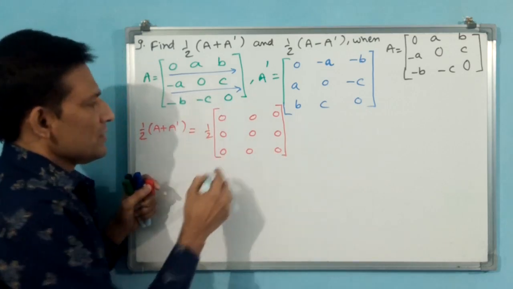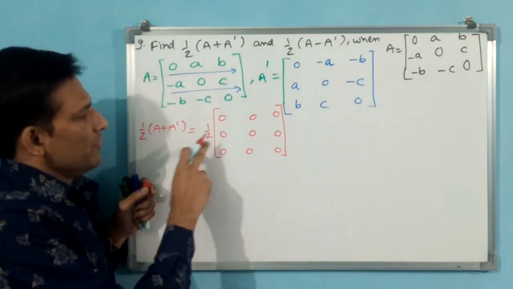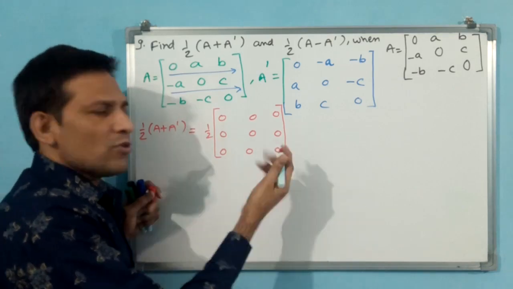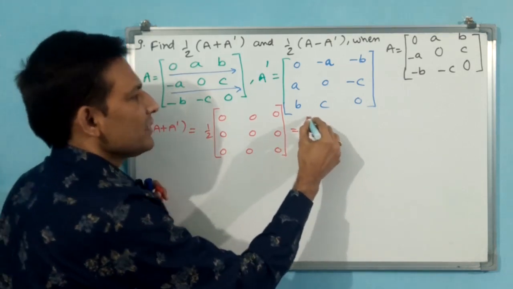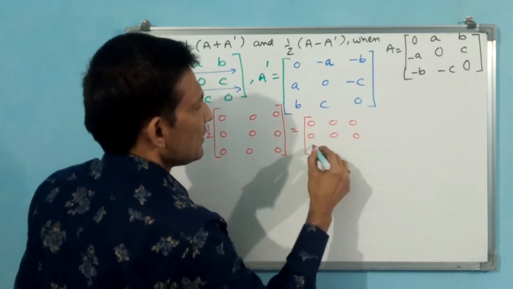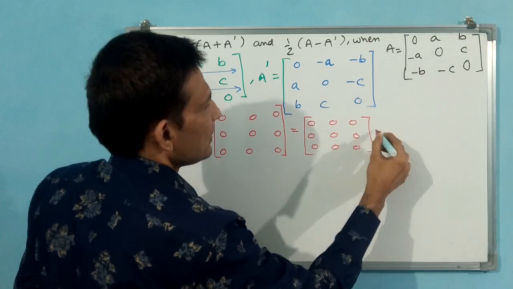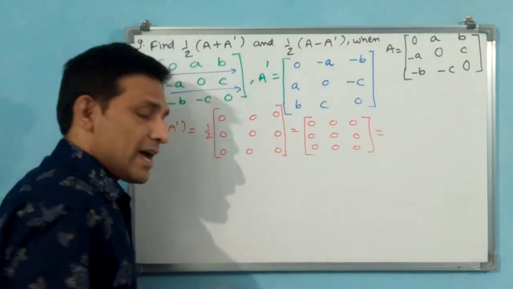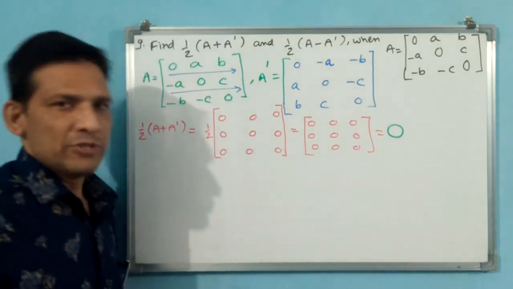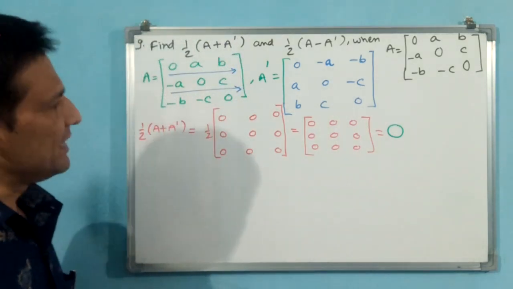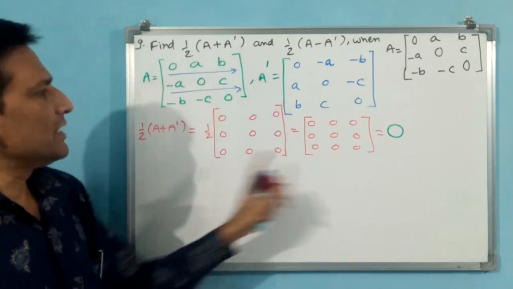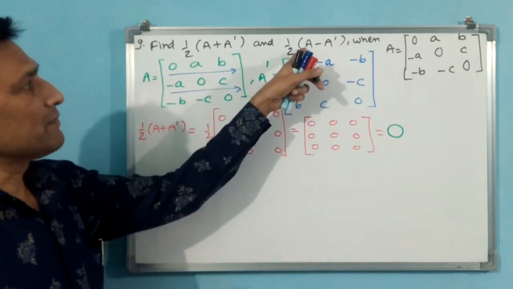Okay, see, if all zeros are there, then even if you multiply with any scalar, 0 only is going to come. That means finally also you can write 0 0 0, or else you can write this as O. Why? Because O we have given for the zero matrix. I is for the identity matrix. Okay, this part is over. Find this one. Okay, this we have found. Let us find this one.